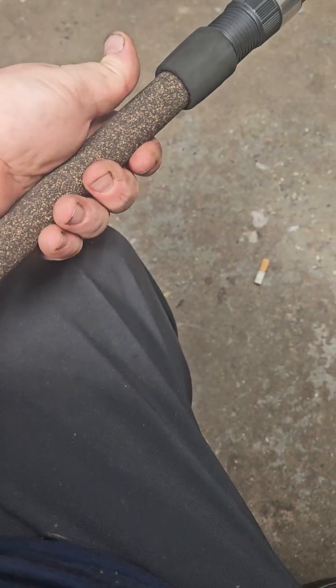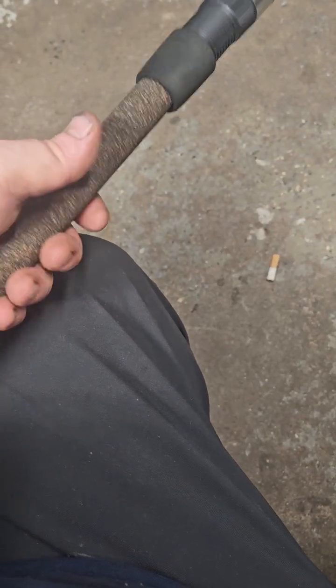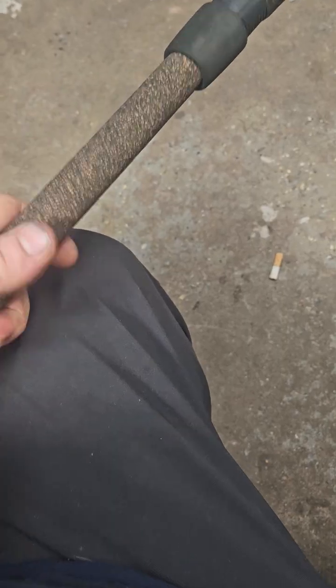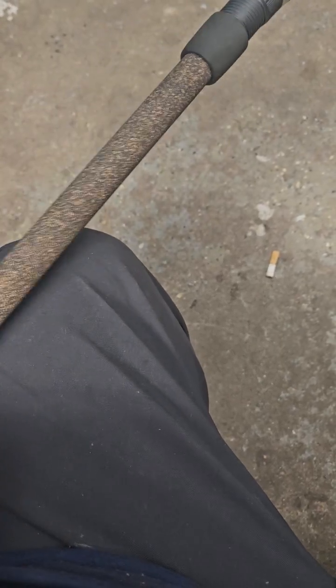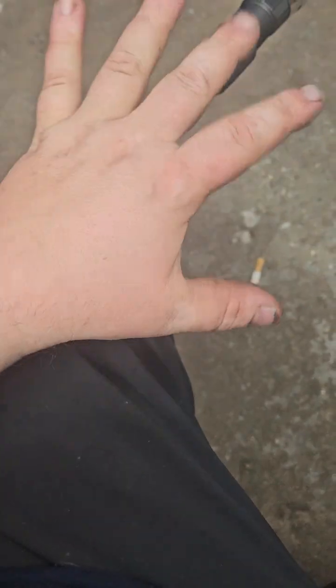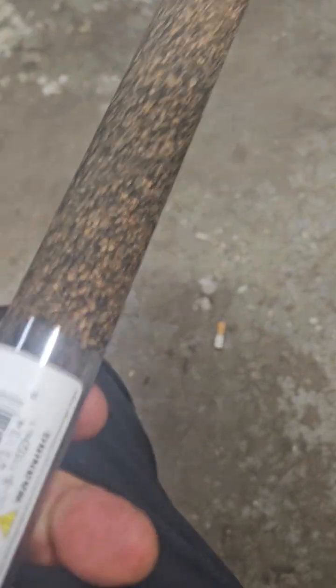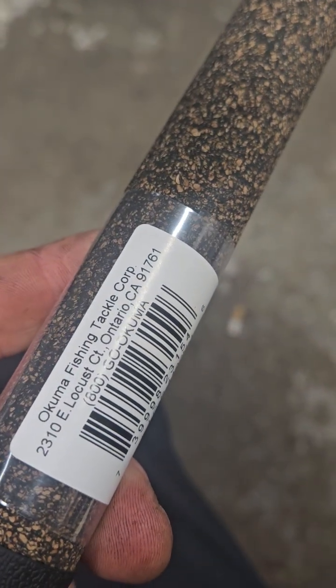I mean, compared to the pin I have, she got a little girth to it. It's not a skinny handle. I mean, I've got pretty fat hands, and I'm assuming, if everything else, let me see here. Let me get a sticker of it. Okuma fishing tackle,